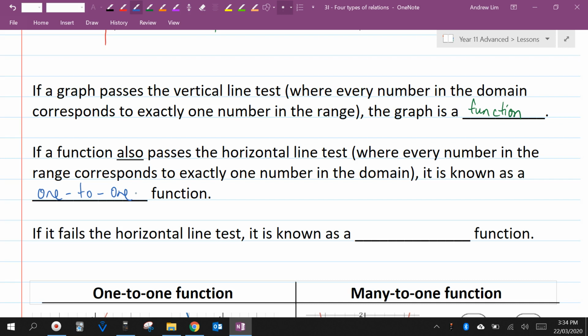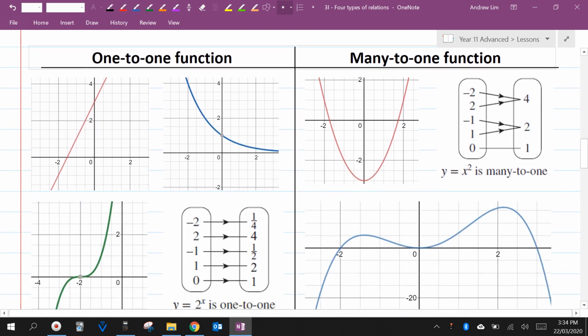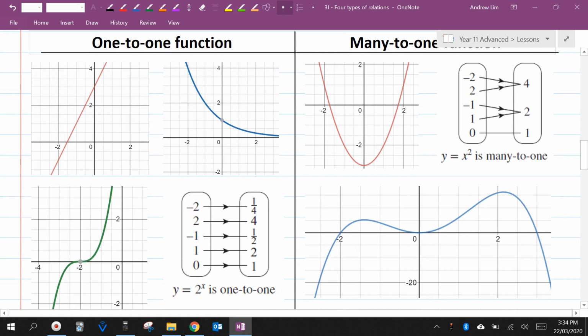If it fails the horizontal line test, however, so if we draw a horizontal line and it cuts the graph more than once, then it is known as a many-to-one function. So let's have a look at a few examples. Here I've got 4 examples for a one-to-one function. So it passes the vertical line test. No matter where we draw a vertical line, it will only cut it once. And it also passes the horizontal line test because anywhere that we draw a horizontal line, it will only cut the graph once. Same with